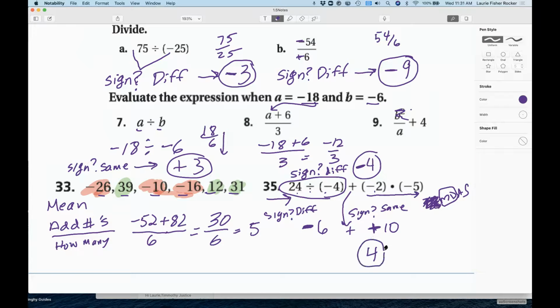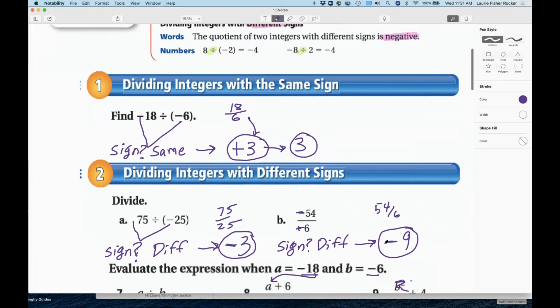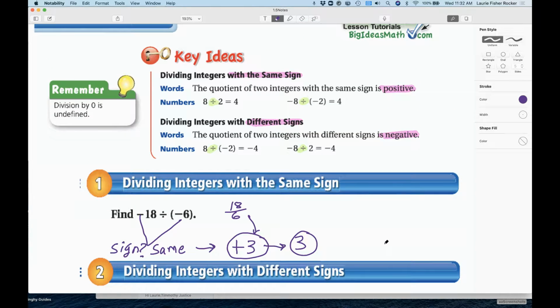So don't forget about your PEMDAS. And that is the extent of today's notes, including the basic idea of how we do the signs, and then showing you some different ways that would be applied during the assignment. I have one last little thing, which a lot of you heard, but in case you weren't in class or got kicked out, it will result in some changes. Okay, so division by 0 is